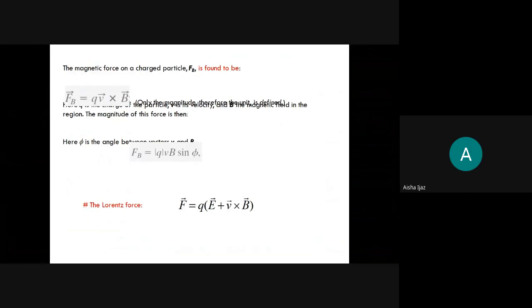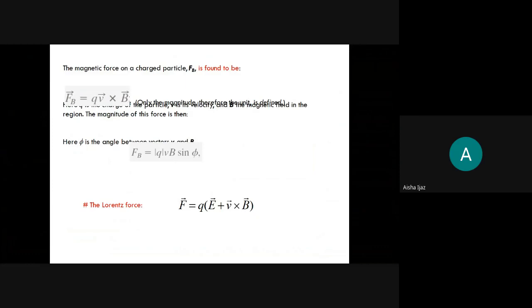They were moving an electric charge, either positive or negative, and there was some magnetic force existing on it. When they moved it with velocity v in the presence of some magnetic field B, the magnetic force was directly proportional to the velocity, the charge, and the B field. The relation was qv cross B, where q is the charge, and v cross B is the cross product definition. If I open it, it is vB sine theta.